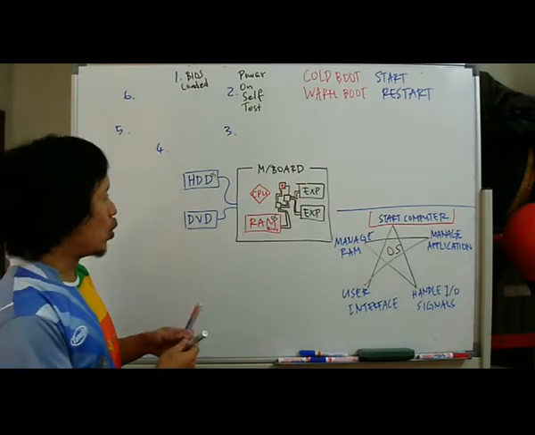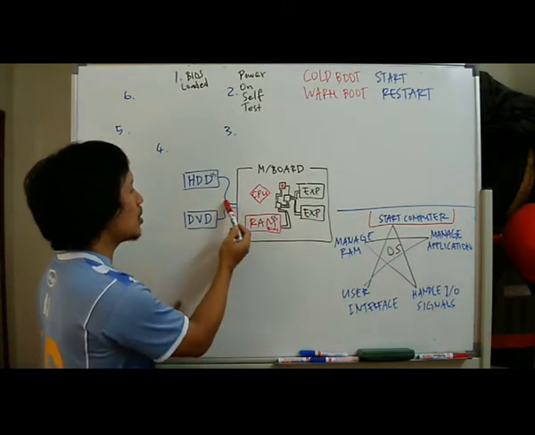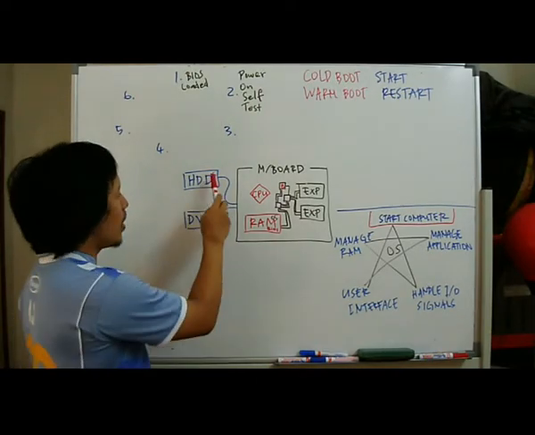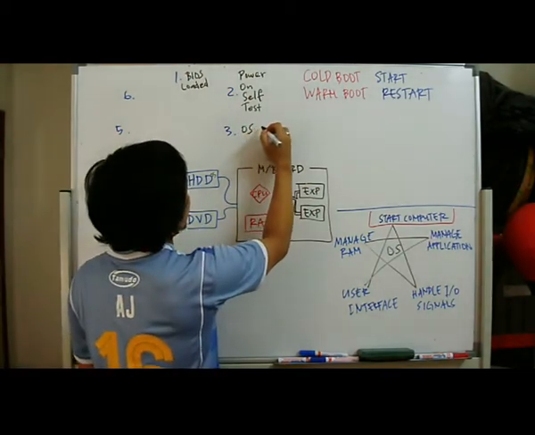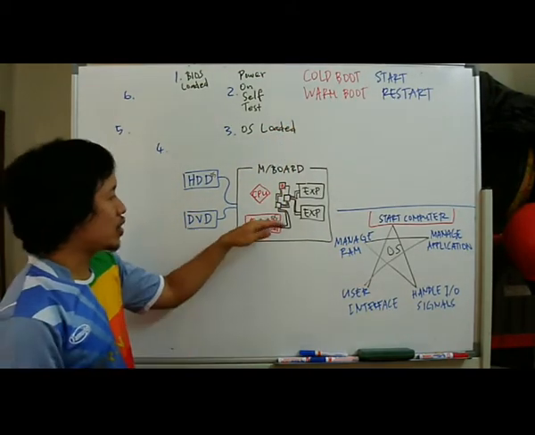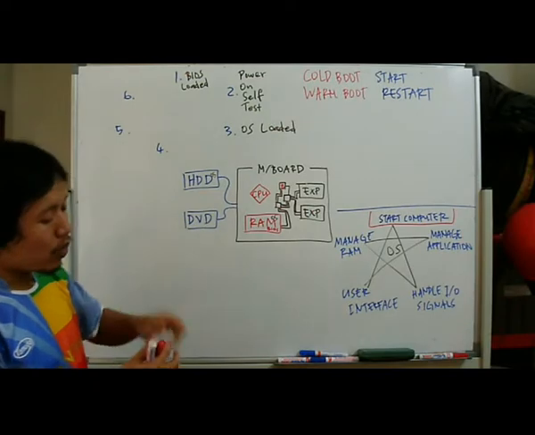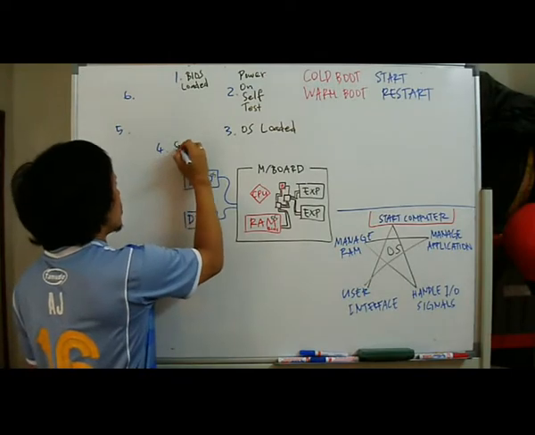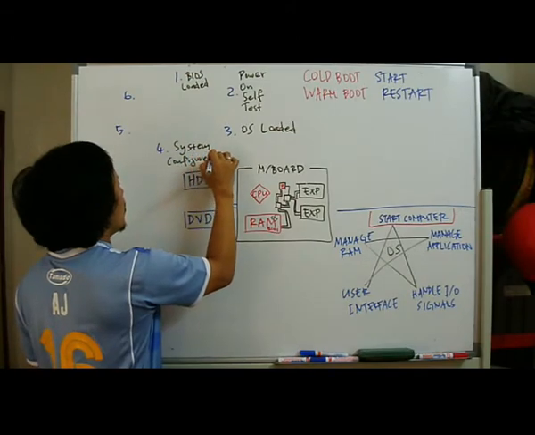The BIOS will then load the operating system, meaning BIOS will actually go to the hard disk and then call on the OS. Hey OS, you are needed, right? Then OS will just go and be loaded to RAM, right? The third step is OS loaded. OS will be loaded, and the first part of OS which is loaded is called the kernel, right? So OS, what does it do once it gets there? Once it gets there, OS will perform the system configuration. So in other words, system configured by OS,